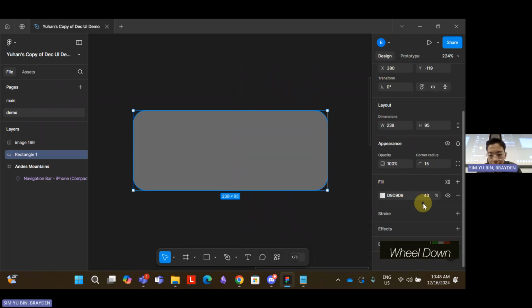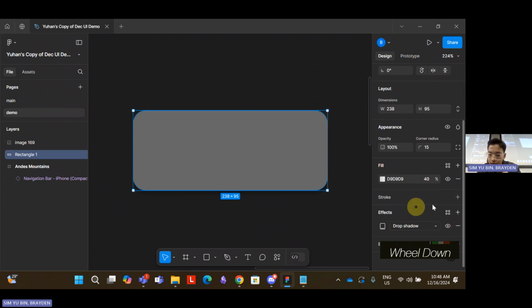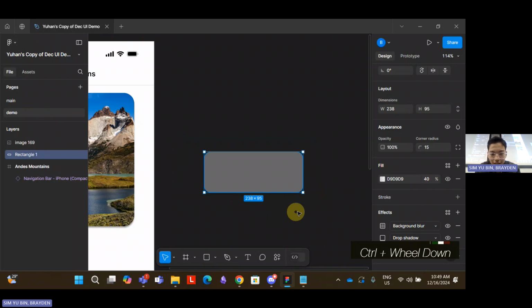Now you can go and add an effect down here. We're going to use two effects, and you can add multiple effects. You just click the plus button again, and it will give you options for your effects. The first one is going to be drop shadow, and the second one is going to be our background blur. Now we can't really see it here because